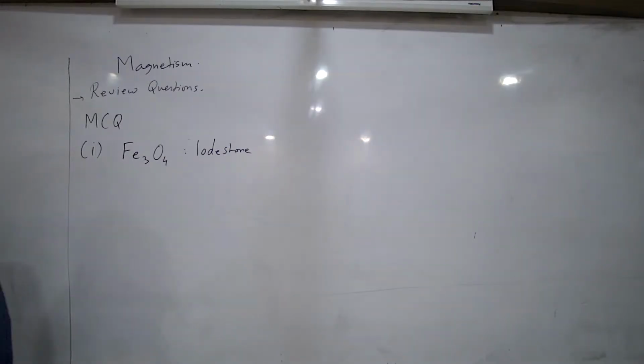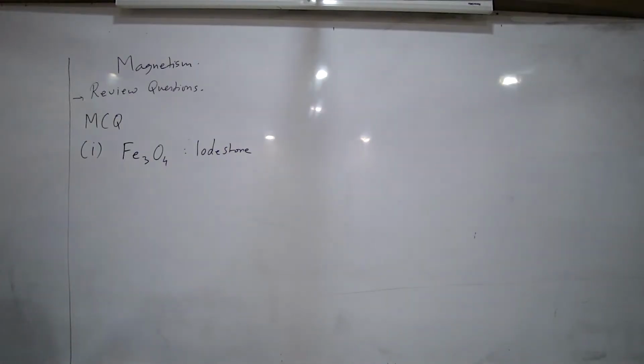Very important. Solenoid. So if you want to make a permanent magnet, the core, meaning what you wrap the wire on, has to be of stainless steel. And if you want to make a temporary electromagnet, the core has to be soft iron. Good. So I hope you have noted these points.